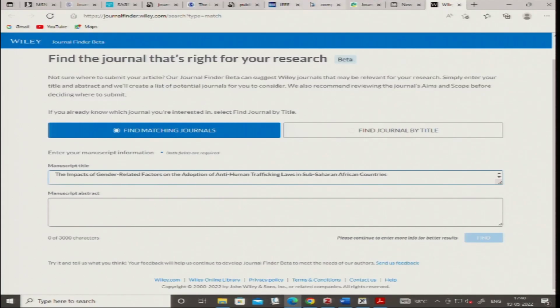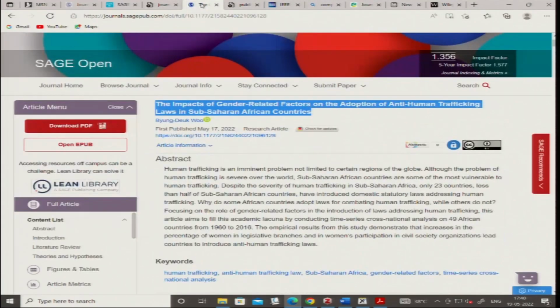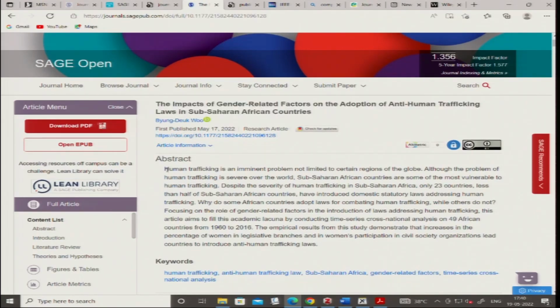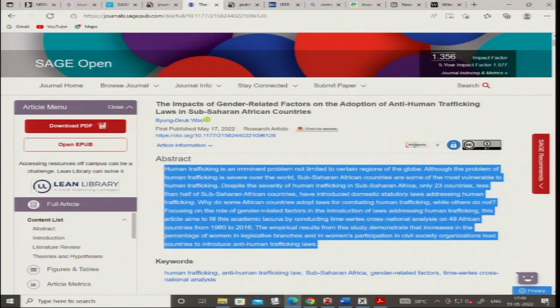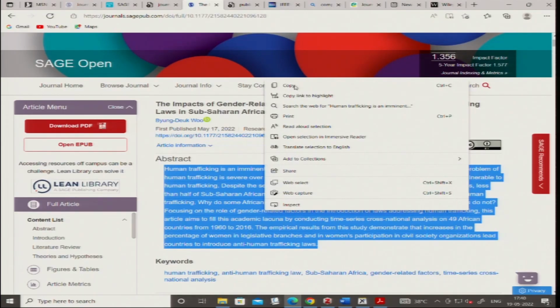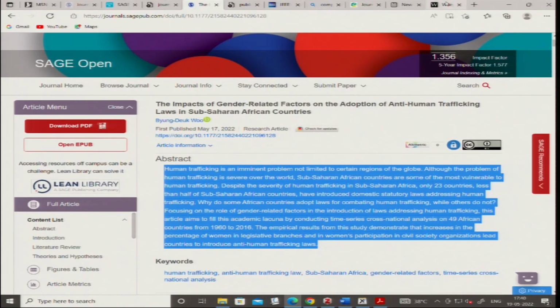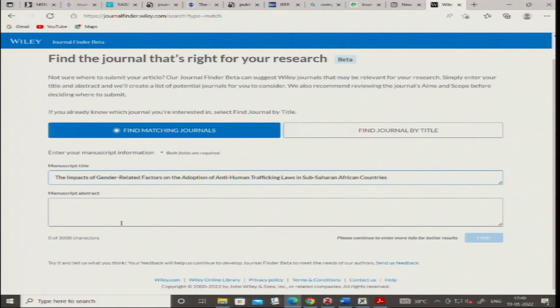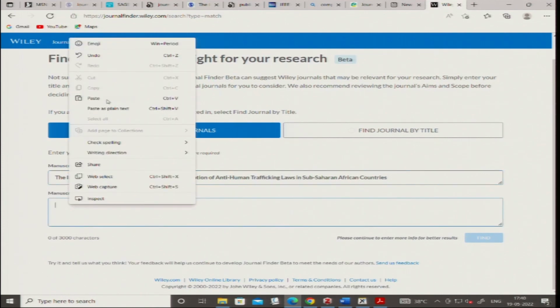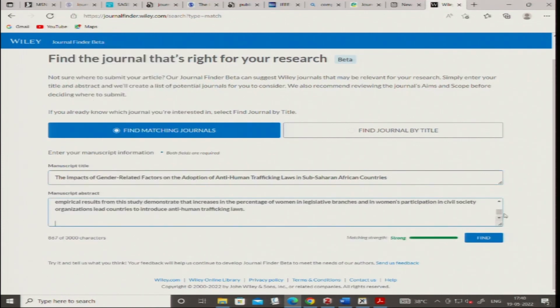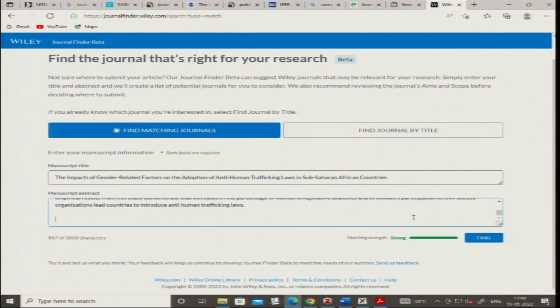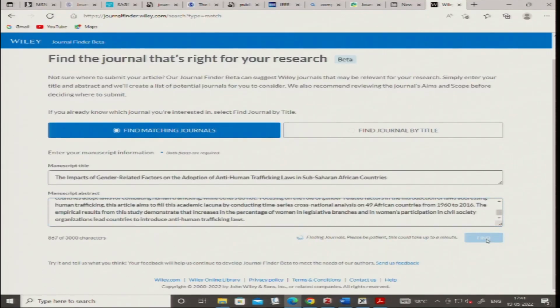I'm just using this for the sample, like I did yesterday also. So when we post this title and now we paste this abstract, the matching strength shows strong. So first we just find,